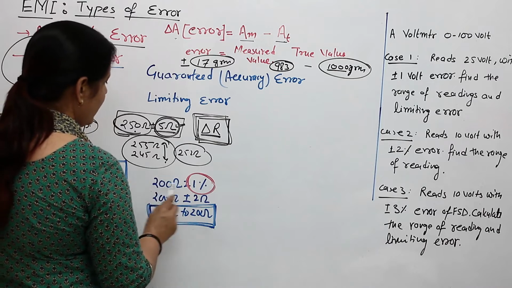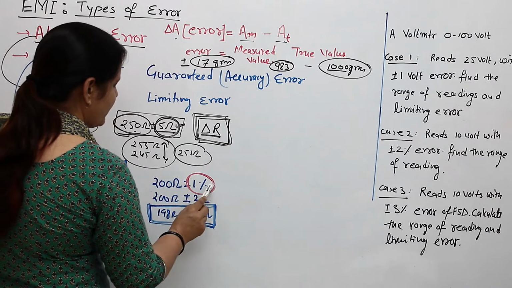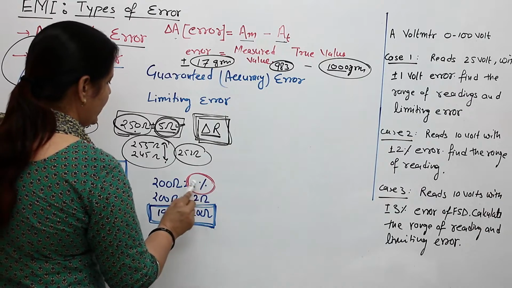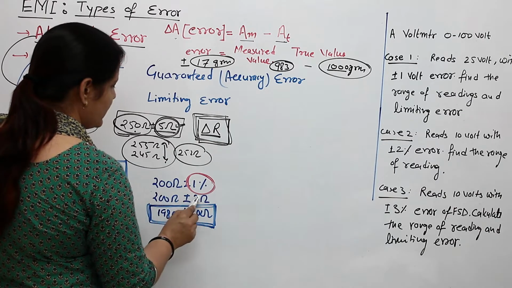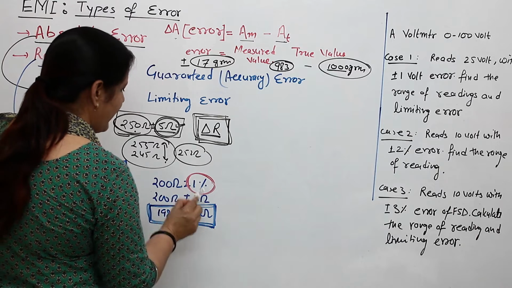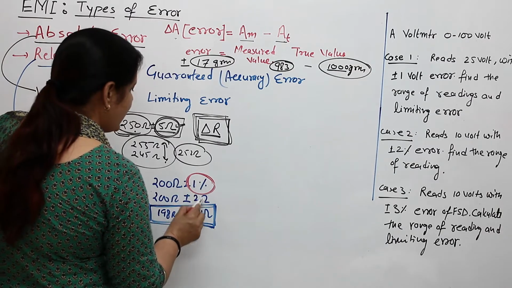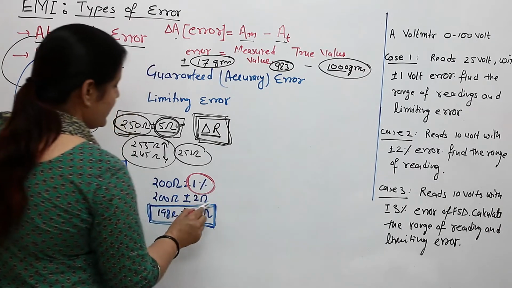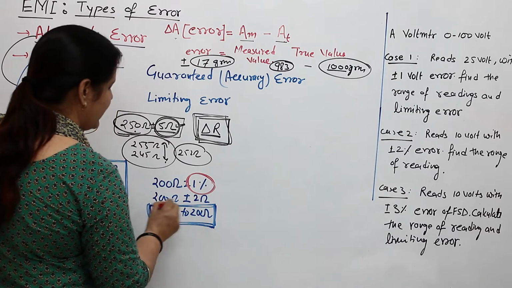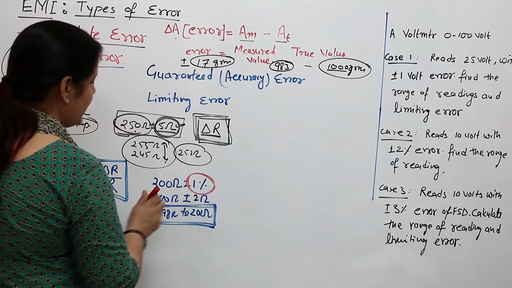In this example, we are having 200 ohm plus minus 1%. The 1% of the 200 ohm, so we will calculate 1% of the 200, this is 2 ohm. Then we will represent this relative error in the absolute error. Then with the help of this absolute error, this is the possibility of the deviation, and we can calculate the range of resistance that will be applicable in the circuit.